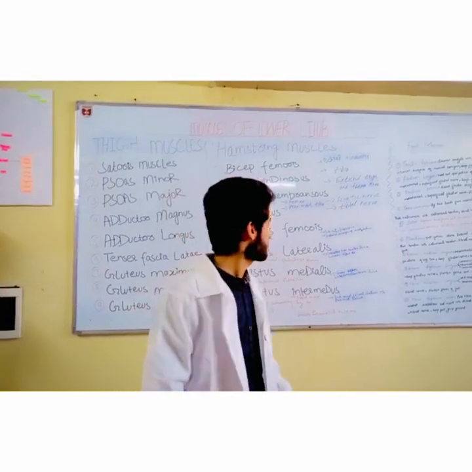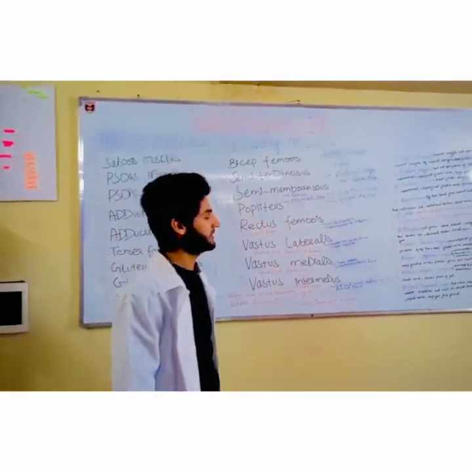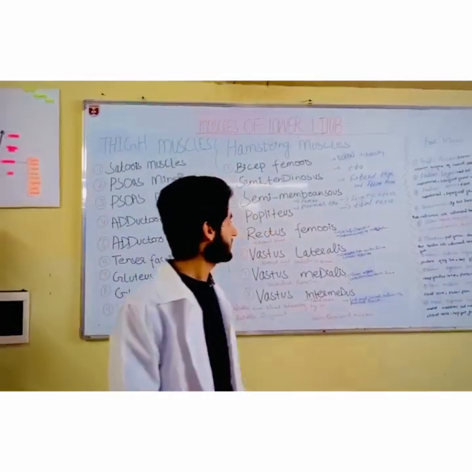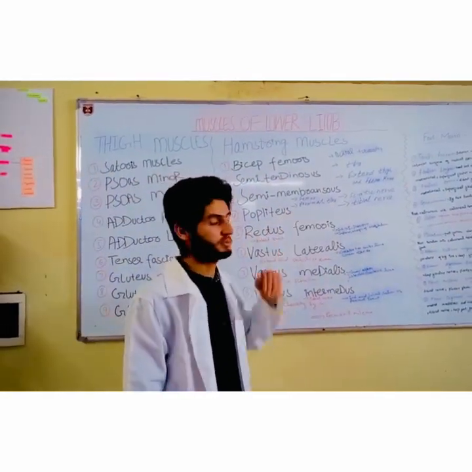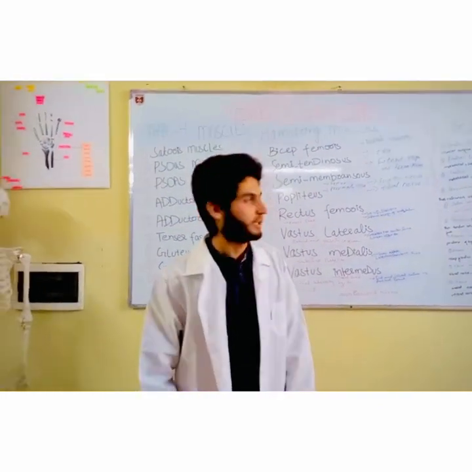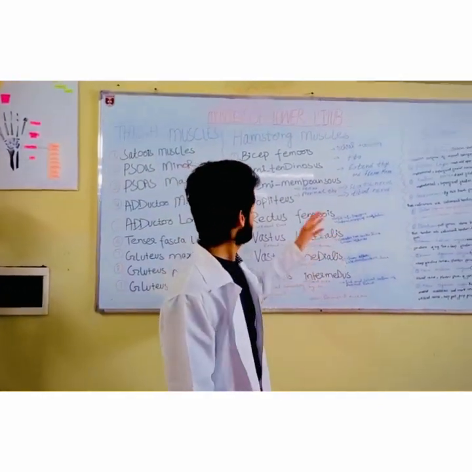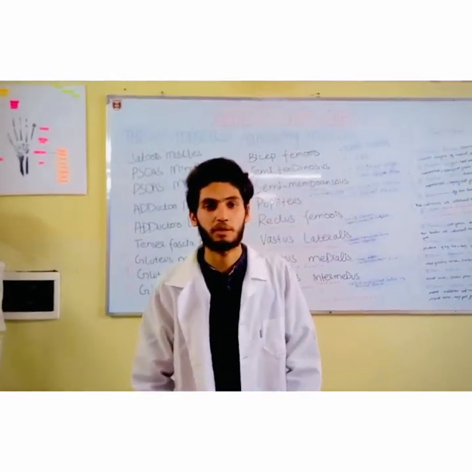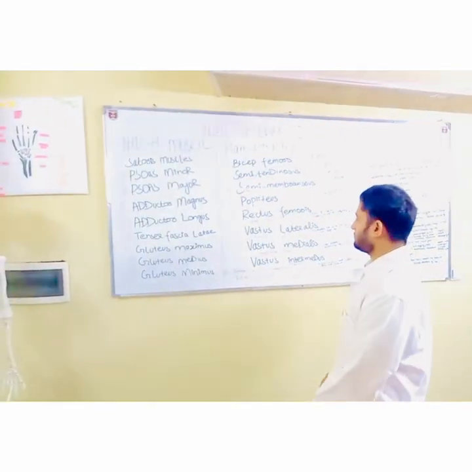The fourth muscle is popliteus, and its origin is from the femur, and its insertion is the proximal tibia, and the action is to unlock the knee. The nerve passing through the popliteus is the tibial nerve, and the rest of the muscles will be explained by Humayun. Here I am going to explain the next muscles.